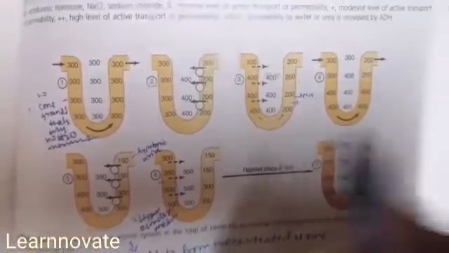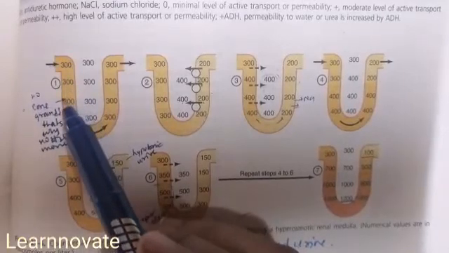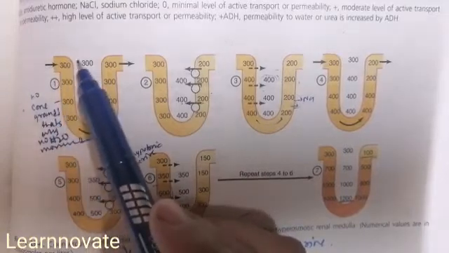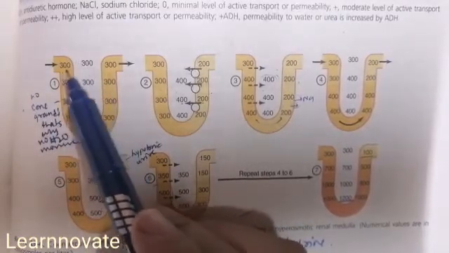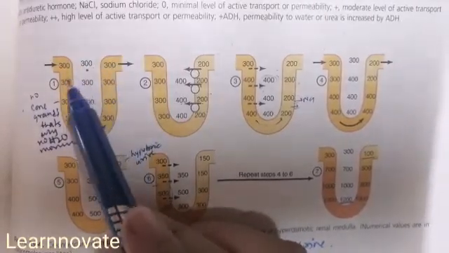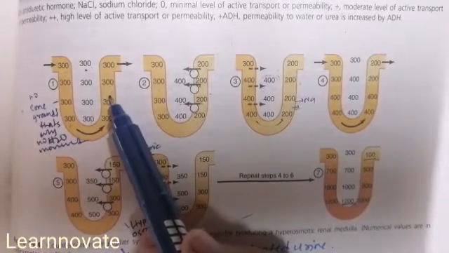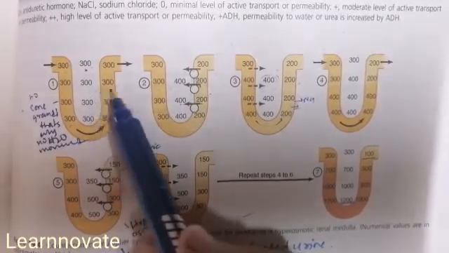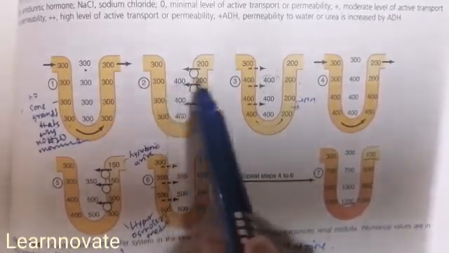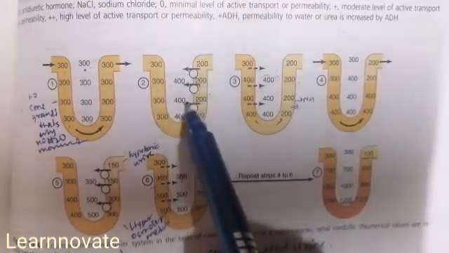Now coming to the explanation of this diagram. First, there is a fluid that is filtered from the Bowman's capsule and coming into the loop of Henle. When the fluid is in the proximal convoluted tubule, it has a similar concentration to the plasma, about 300 milliosmol in both the tubular fluid and the plasma. So here you can see that the fluid is isotonic in the PCT. After passing from the PCT and through the descending limb, it remains isotonic. But when it reaches the ascending limb of the loop of Henle, there is active reabsorption of solute. In the next step, because of the presence of ion channels, more and more solute is reabsorbed and the passing fluid becomes hypotonic, which creates an osmotic concentration gradient.